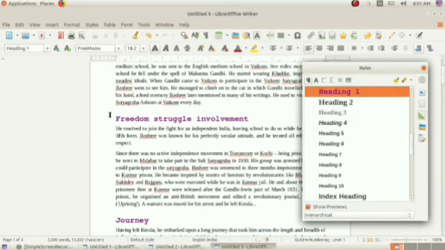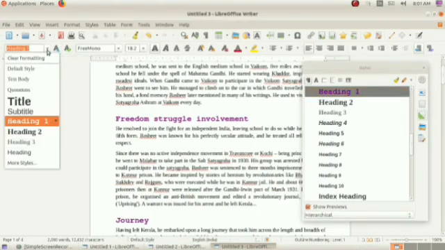The heading 1 style is changed. How is it changed? From the style box, I selected heading 1, then the more styles option, and on the right side of the screen the styles window appears. From that, keep the cursor on heading 1, right click and select the modify option.